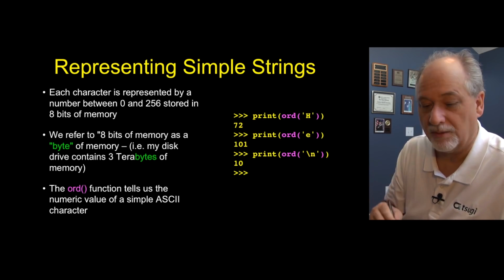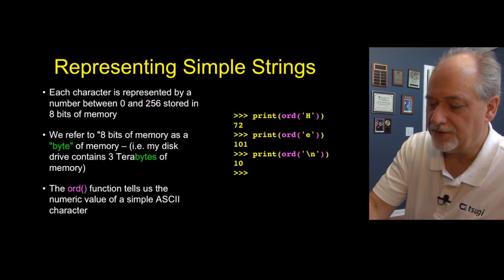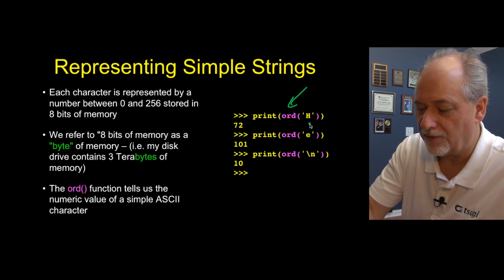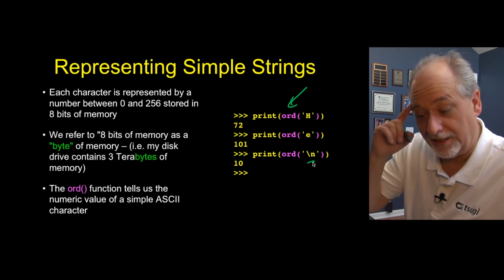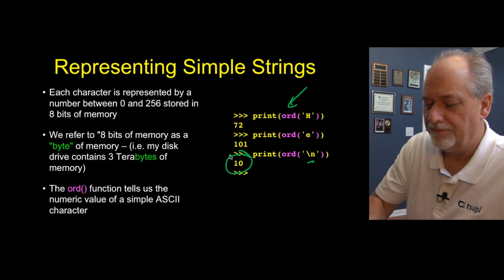You can figure out these numbers inside of Python by using the ord function. And so you say, what is the ordinal, or the numeric representation, of the uppercase H, lowercase e, and newline is a character as well. And so like 10 is the ordinal position of newline. And this actually has